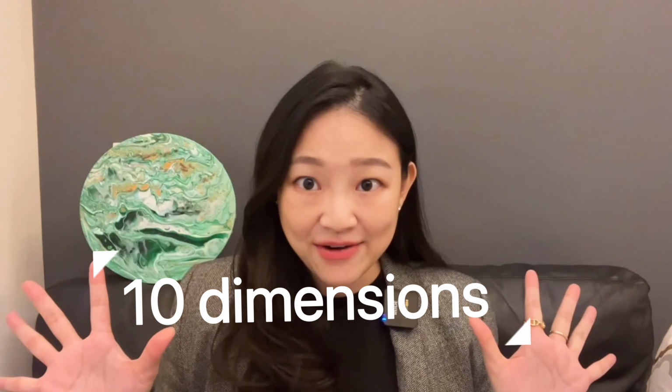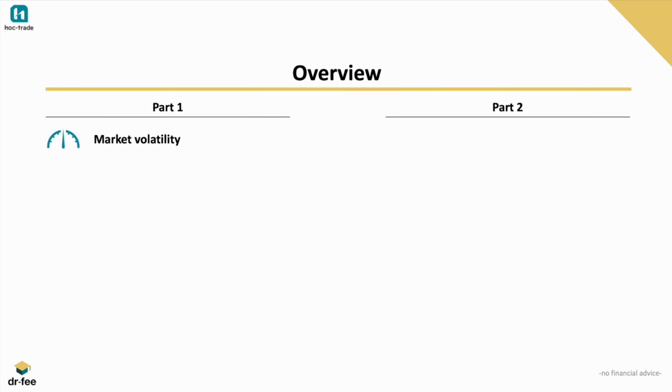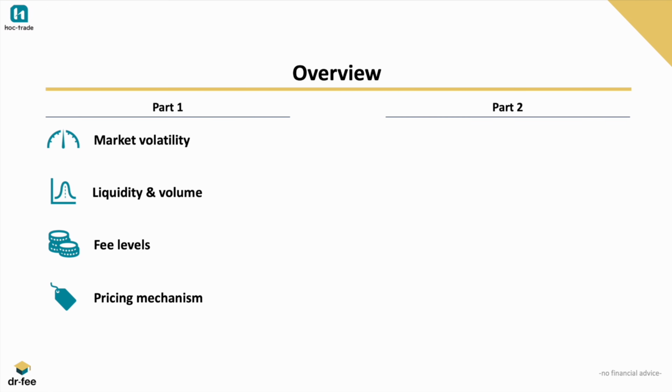So today, we're going to have a look at 10 different dimensions of these two markets. You can skip to the respective chapter through the navigation below or by checking the video description. As we will cover a wide array of topics, we split the content into two videos. We will compare the Forex and crypto market and judge the attractiveness, especially for retail traders, based on the following criteria: volatility, liquidity and market volume, fee level, pricing mechanism, and asset variety will be covered in the first video,